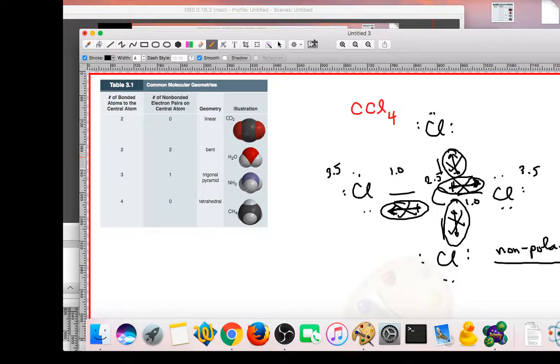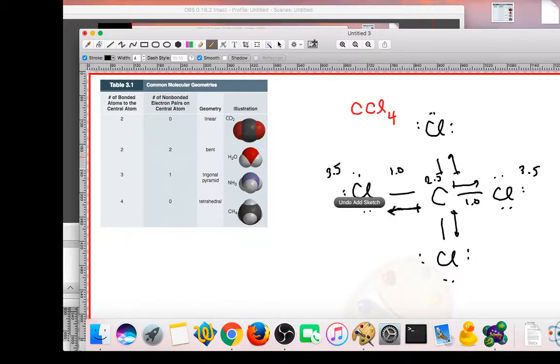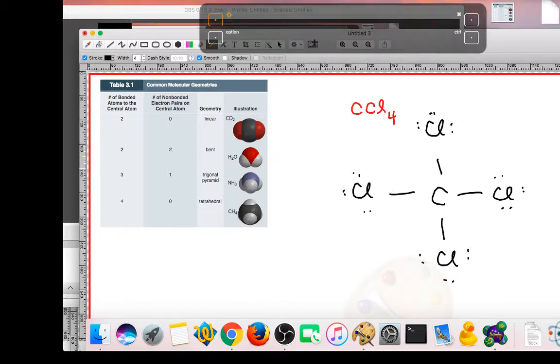All right. Now, I just did that on this flat screen, as though it were done on flat paper. That is just to help you to understand the thinking that goes behind deciding whether this is polar or nonpolar. You can't make that decision on flat paper the way I just did. Why? Because the molecule is not flat. You have to know the 3D shape of the molecule. In the lecture 1.5 weeks ago,